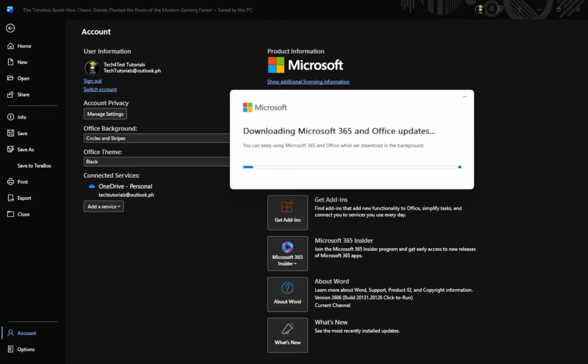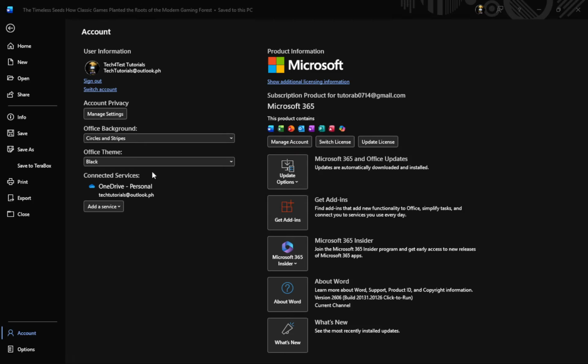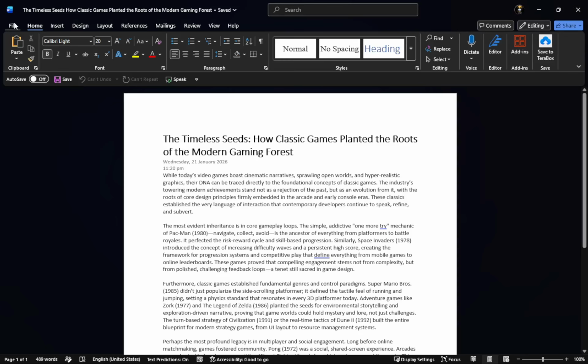Once the updates are installed, you will likely see a confirmation message indicating that Word is up to date. This reassurance confirms that your software is now equipped with the latest features and security patches. It is important to check for updates regularly to maintain the integrity and performance of your applications. By following these steps, you ensure that you are maximizing your software's potential and enhancing your overall productivity.